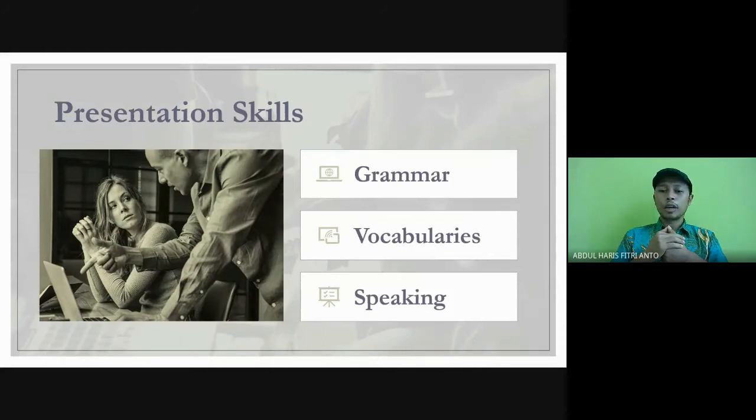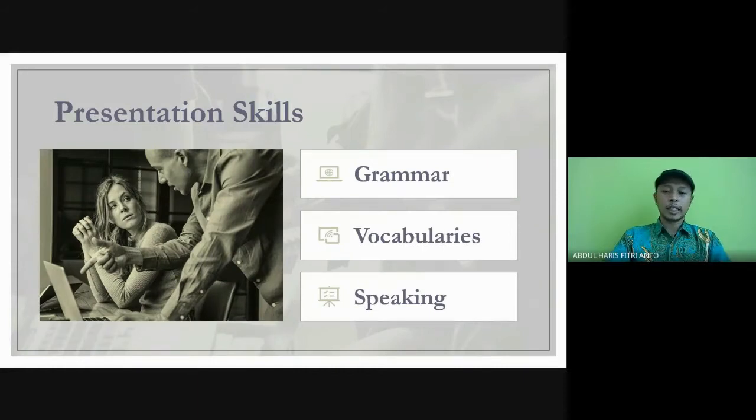We are not going to learn about vocabularies either. We don't learn about it word by word. All we are going to do is try to learn some proper phrases or clauses in presenting skill,